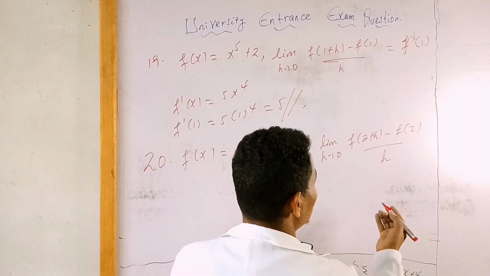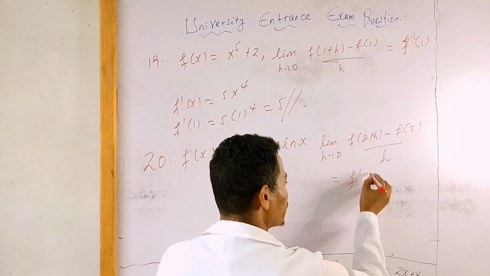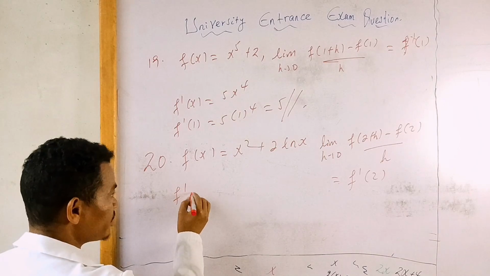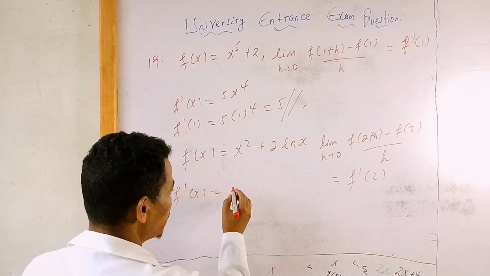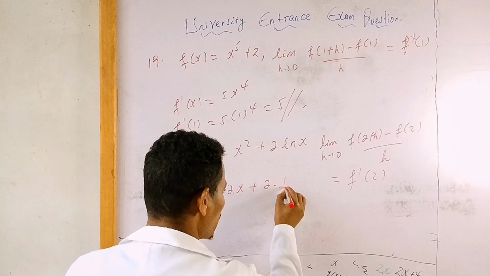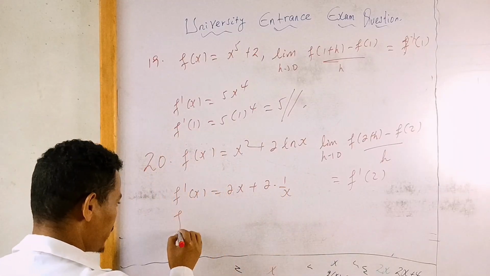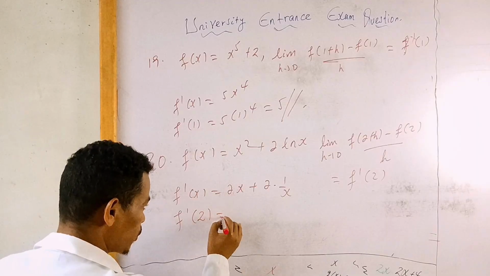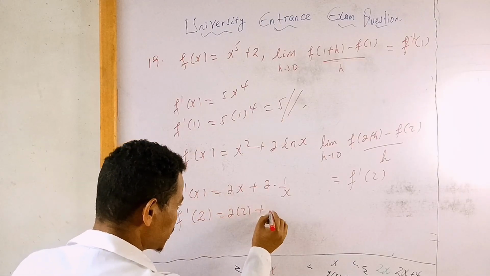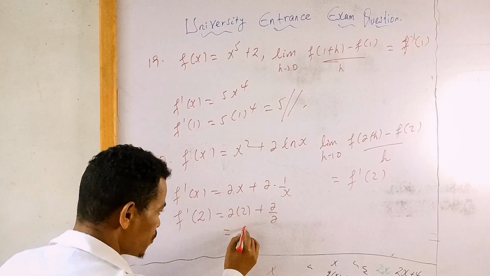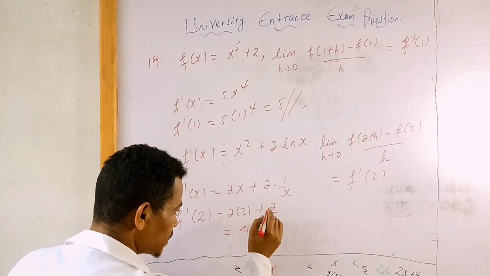Okay, so again this is the same as f derivative of 2 ማለት ነው። Okay, so f derivative of x is equal to x squared derivative 2x ነው plus 2 times ln x derivative 1 over x ነው። So we have to find f derivative of 2 which is equal to 2 times 2 plus 2 over 2. That is 2 times 2 is 4, okay, plus 1,